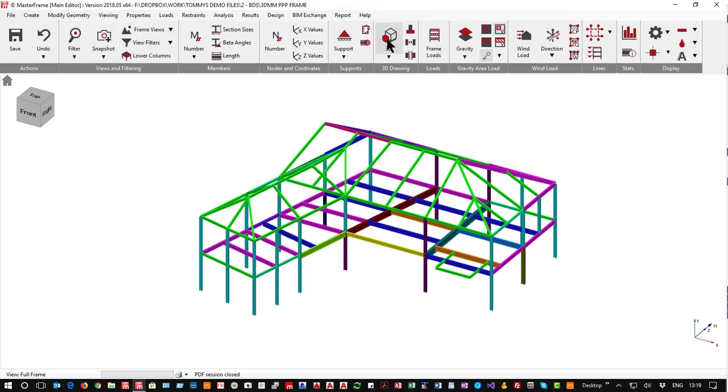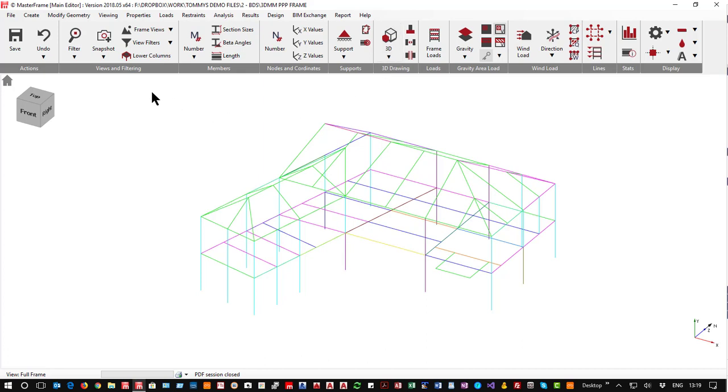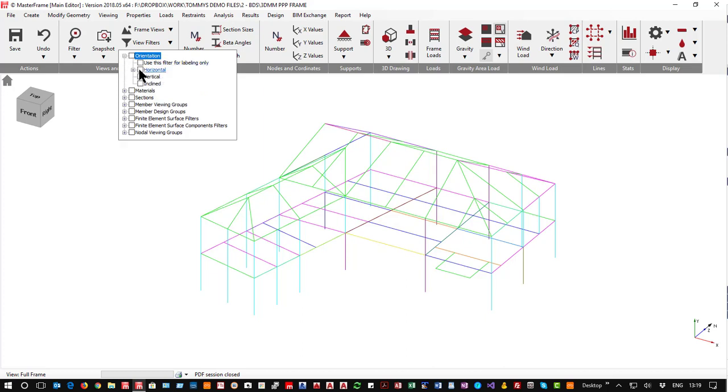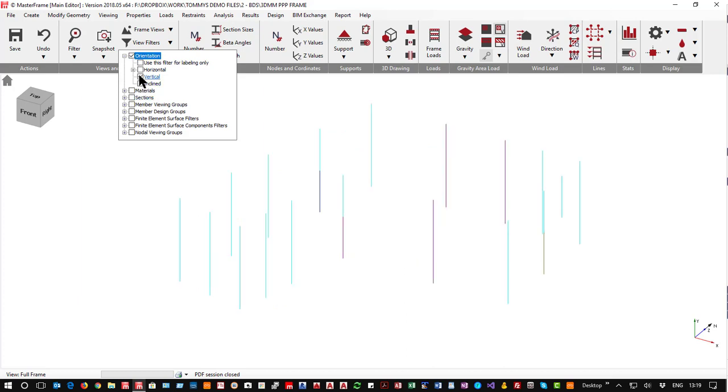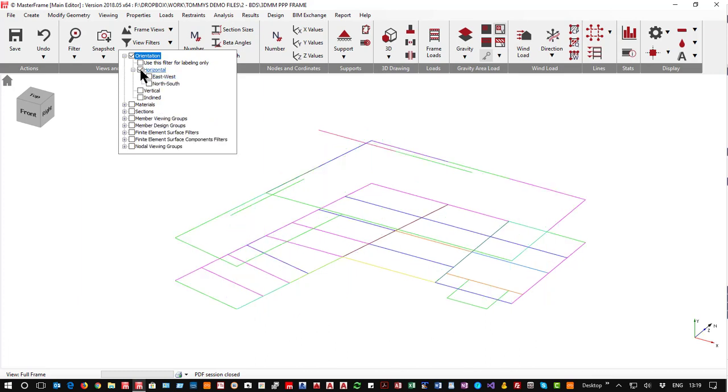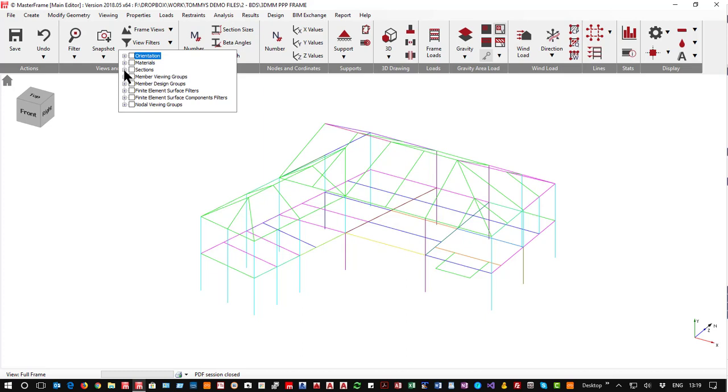So now let's look at some more filters. So just turning off that, if you look at your view filters, if you remember, in the old MasterFrame we had vertical, horizontal and incline members. They're still here, but they've been categorized into the view filters because let's face it, that's what they are. They are a view filter. So I could say I want to see vertical. So I'm only seeing vertical members or only horizontal, and I can do so. I can say show me only members that are 4, 5, 7, 1, 5, 2, and remember you always have to click the parent as well,